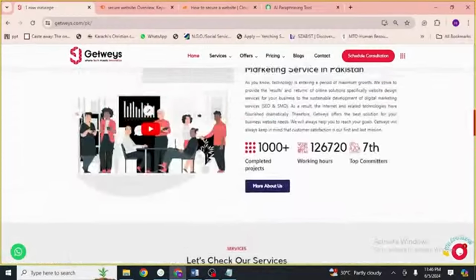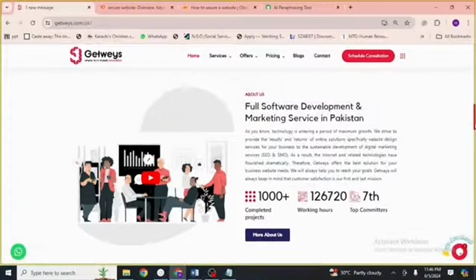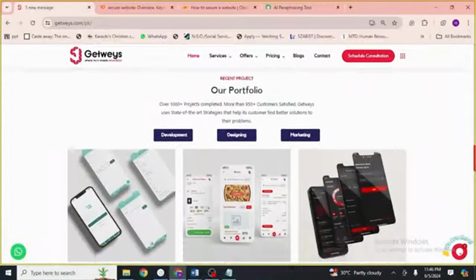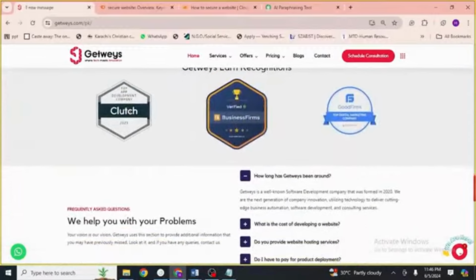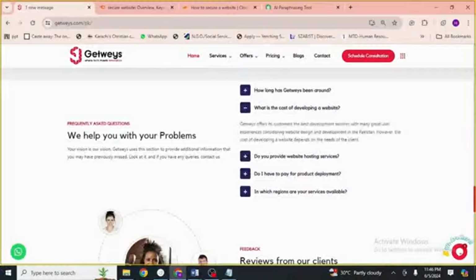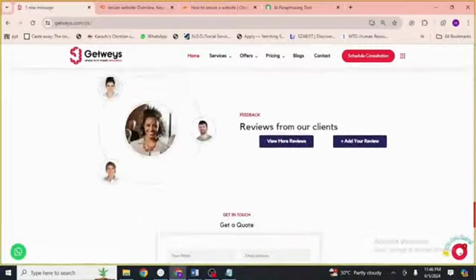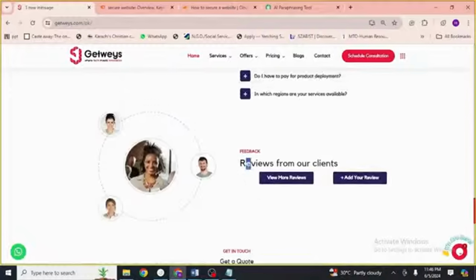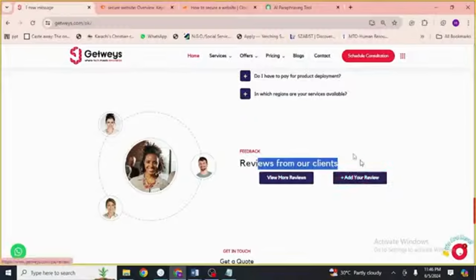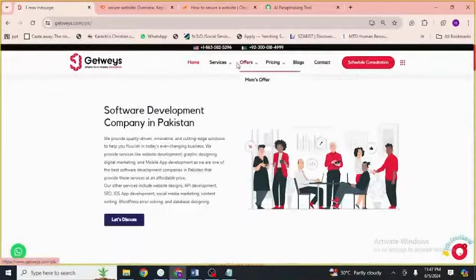Then we have added more infographics and more content, and all this content contains the keywords. We have also added an FAQ section here, and then again a call to action. So this is a good example of writing website content.